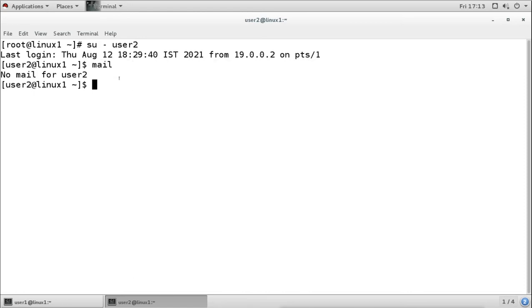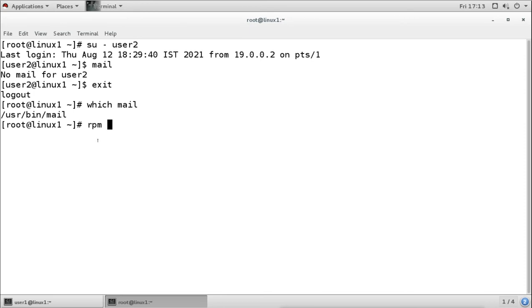So if you want to check which package installs this, let me show you that. You can see the command file, and I want to know which package installs this command.